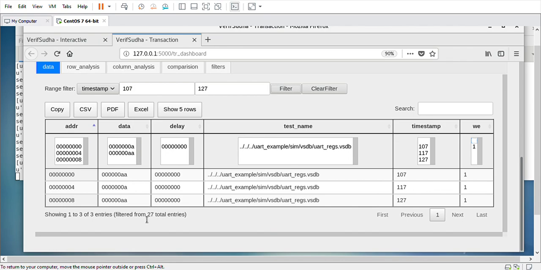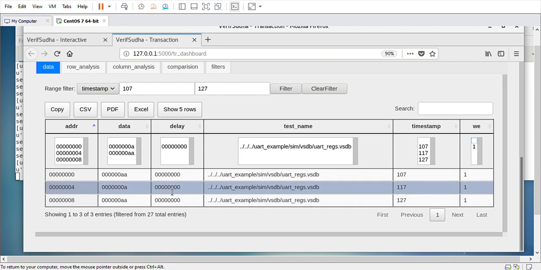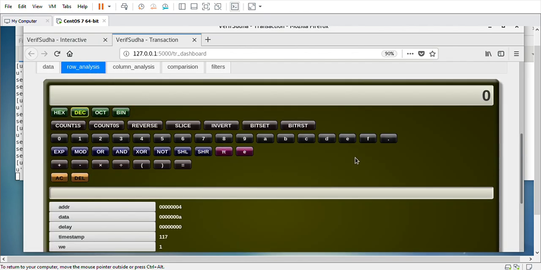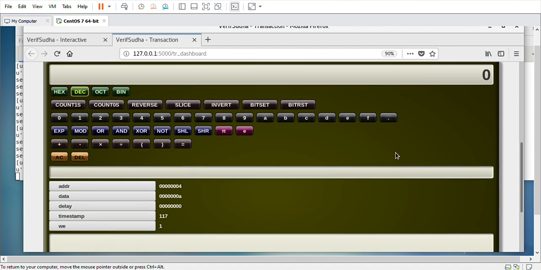Now if during my analysis I figure out that this is the transaction that I suspect, and I want to perform some further analysis to understand what has gone wrong here, I can go to the row analysis tab. The row analysis tab is a basic calculator for the debugger.